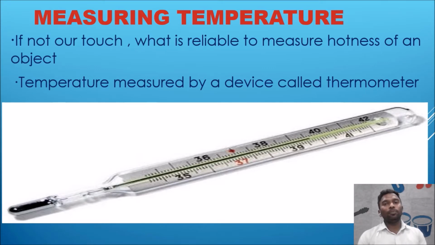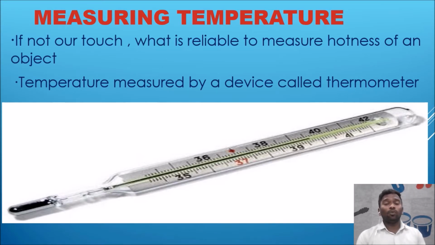Degree centigrade and degree Celsius are units of temperature. In olden days we used to measure with degree Fahrenheit. Is that clear? Right. So here 35 and 42 are the two magnitudes. If we add a unit, it becomes a physical quantity. What is the physical quantity here? That is temperature. Temperature is between 35 degrees Celsius to 42 degrees Celsius. We can find on the clinical thermometer its range.